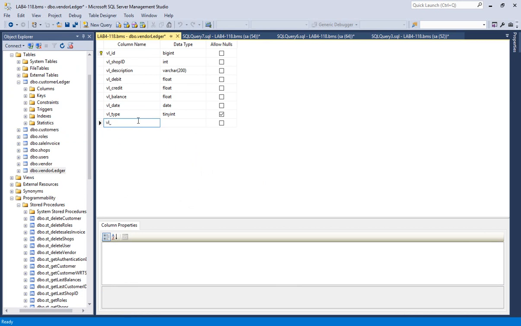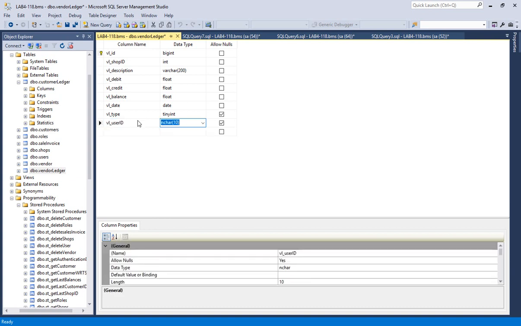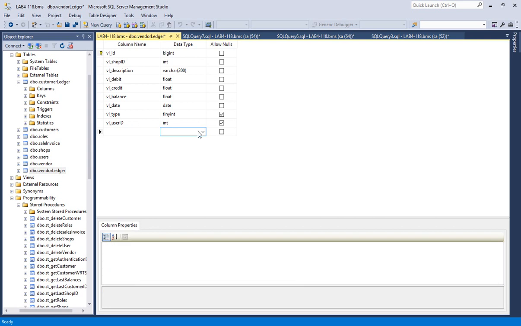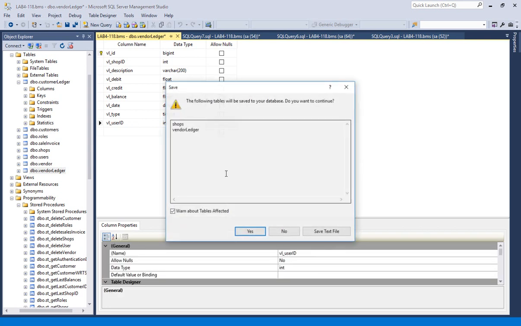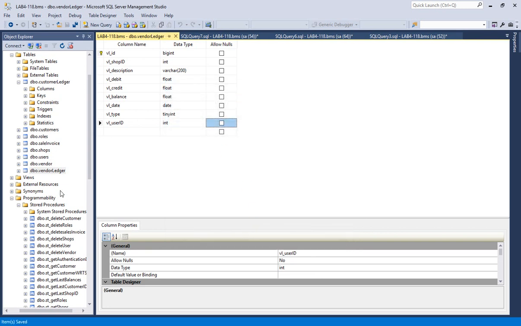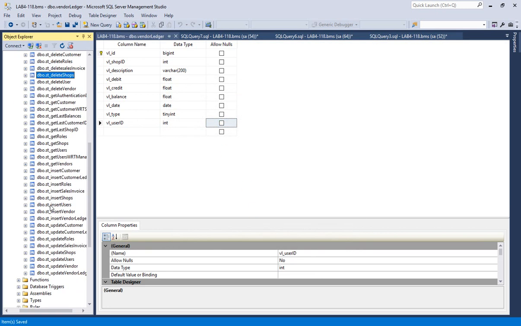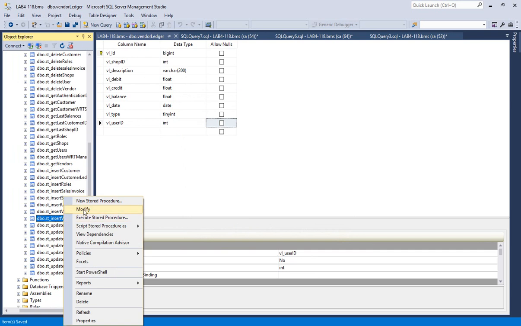And VL underscore, what do you need? The user id, and then here you can specify integer. Remove these null labels and save. It will show you a warning, and save. Okay, and now let's go to the insert vendor ledger, modify,